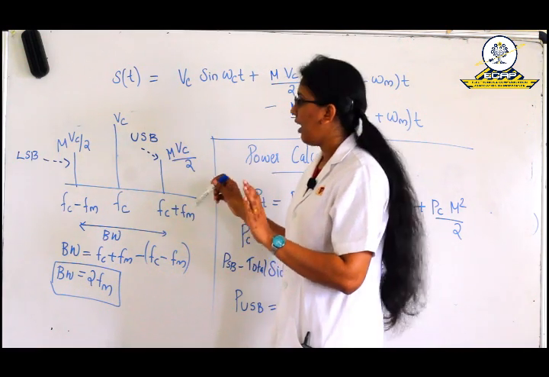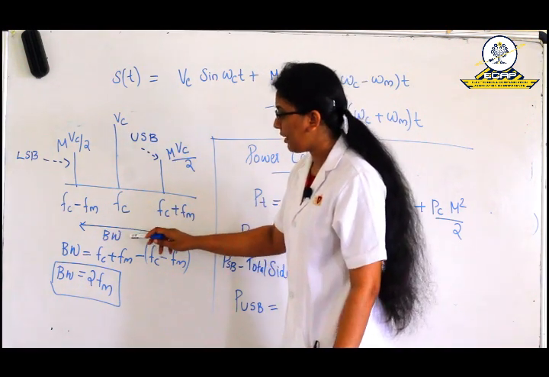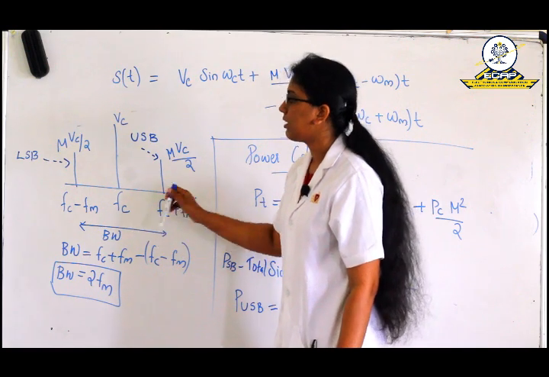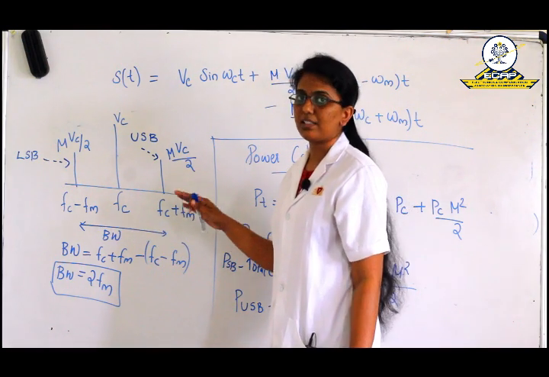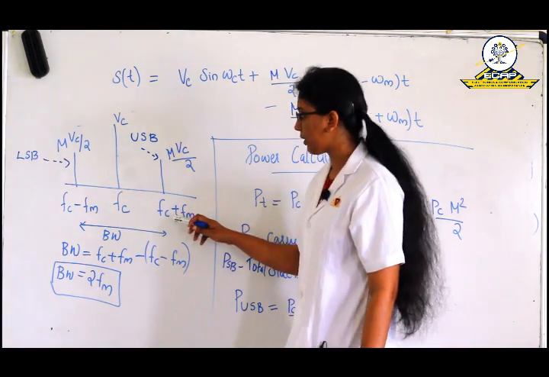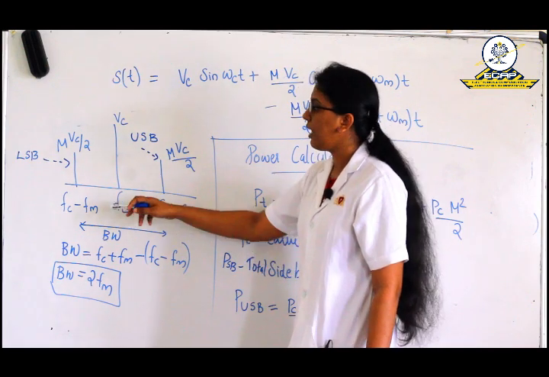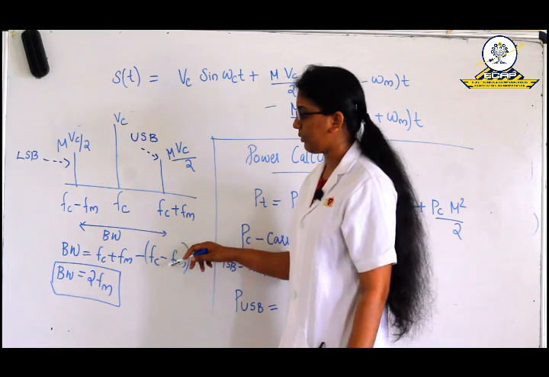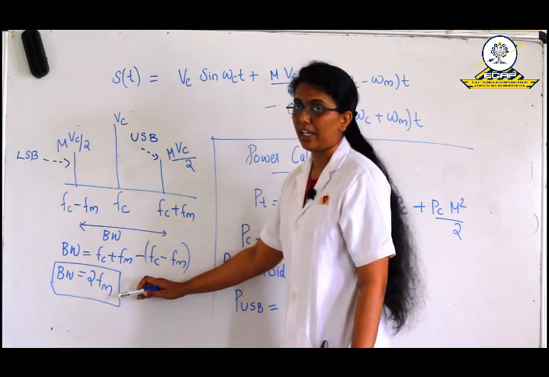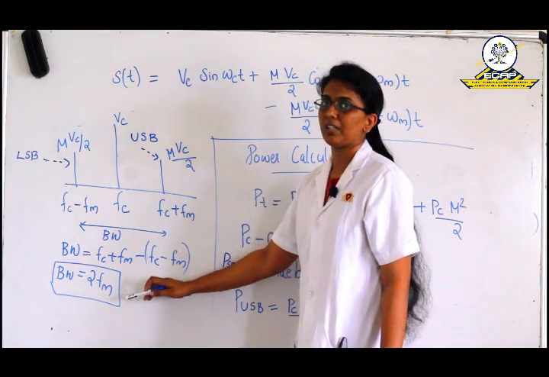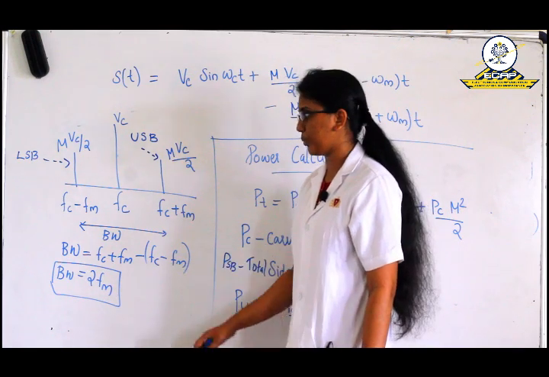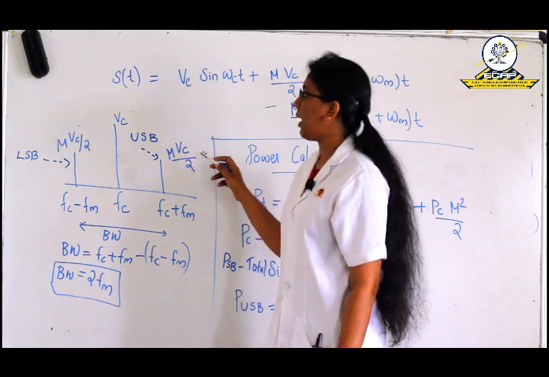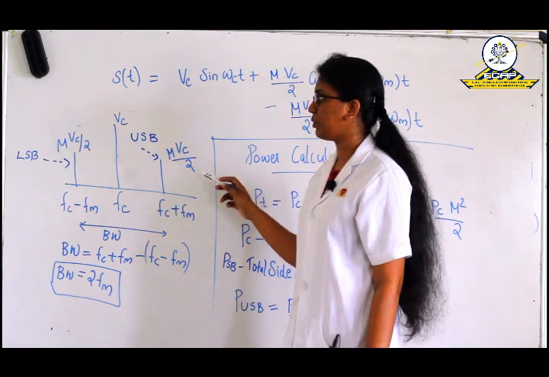This is very important. After that, by using the bandwidth equation, the bandwidth is the upper cutoff frequency minus the lower cutoff frequency. Our upper cutoff frequency is Fc plus Fm and lower cutoff frequency is Fc minus Fm. By substituting these values, we get the bandwidth of the AM signal is 2fm. So the bandwidth of the AM signal is 2fm. The amplitude of the upper sideband is mu Vc by 2 and the lower